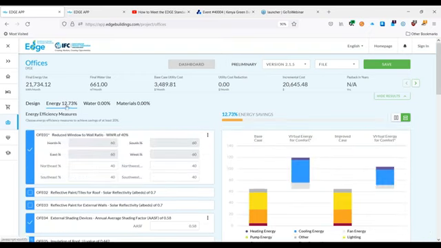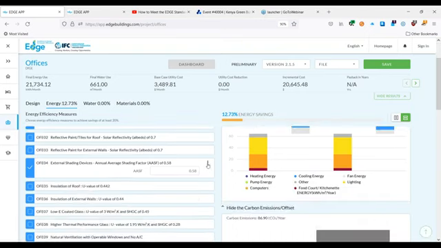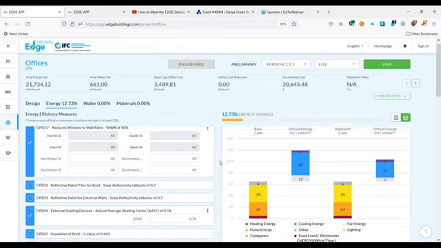We've suddenly received a 12% increase in energy efficiency by having external shading on the building. There's an inbuilt calculator here which you will use to model your shading. That's a simplified tool, and again, you can learn that in more detail either yourselves or through our Edge Expert training.